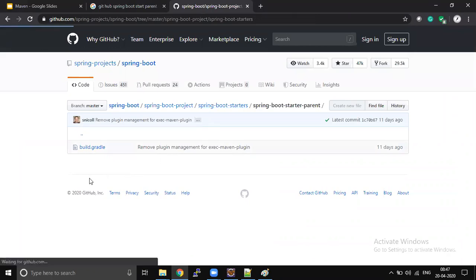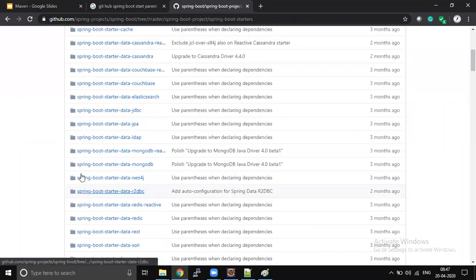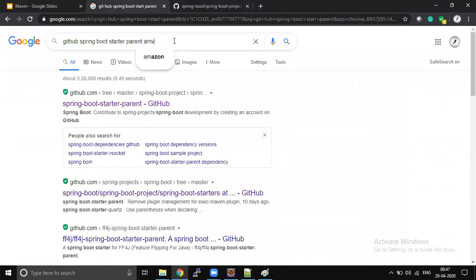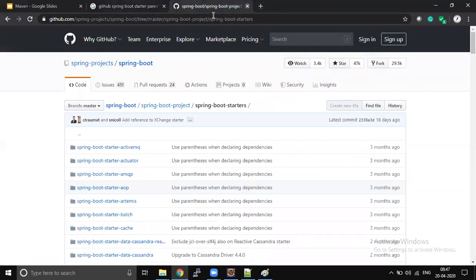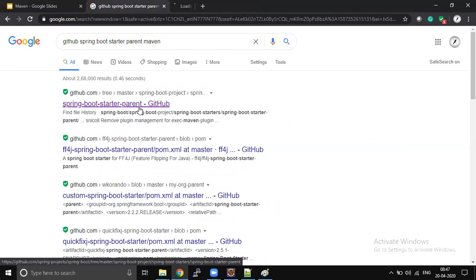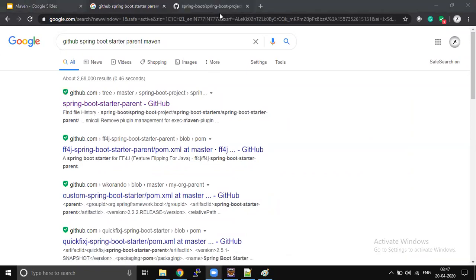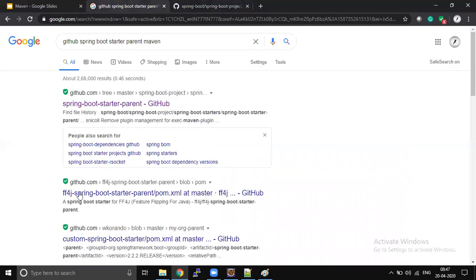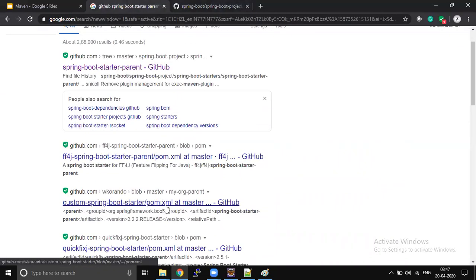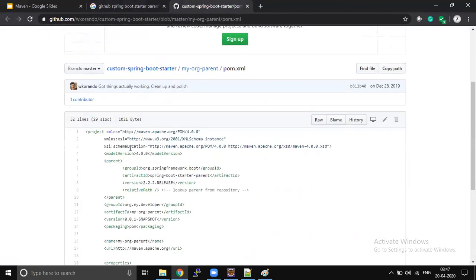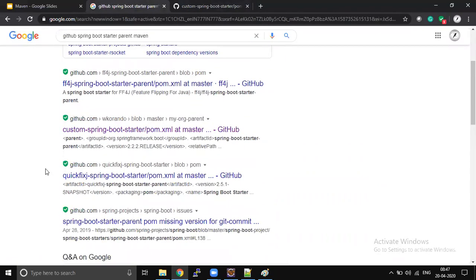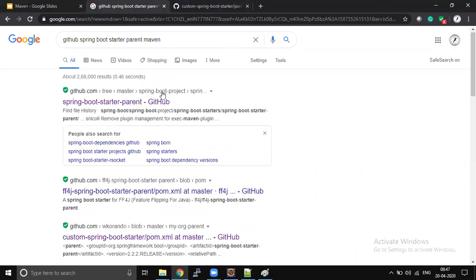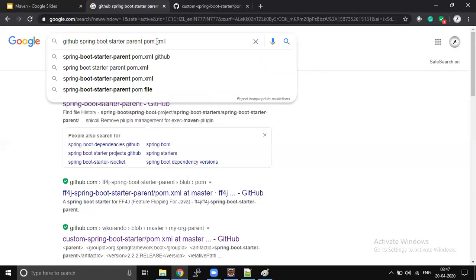These people are using Gradle. I want Maven. Master. Yeah, here we go. Parent pom.xml.